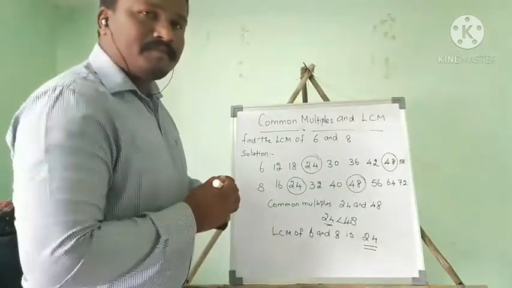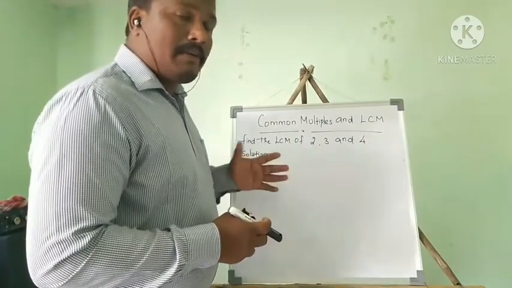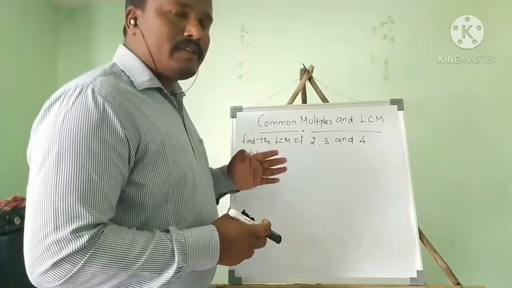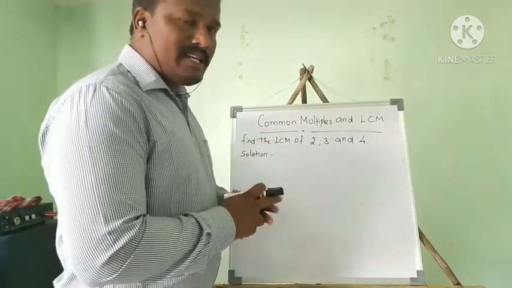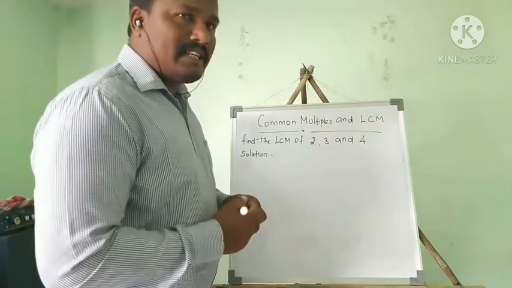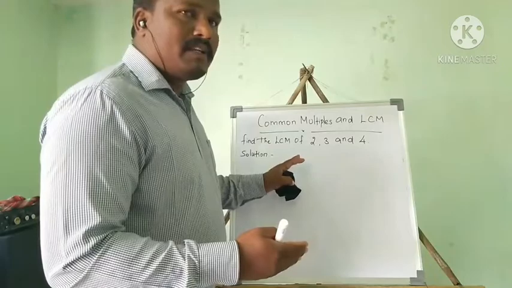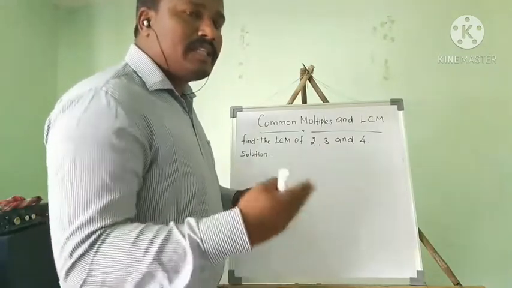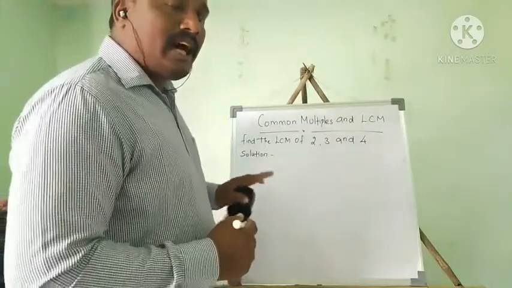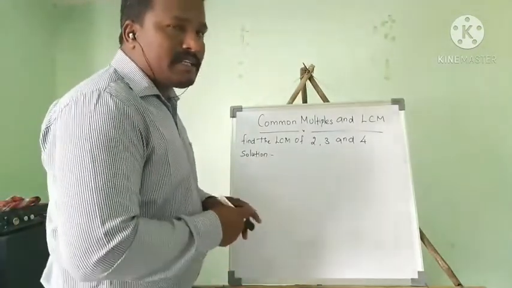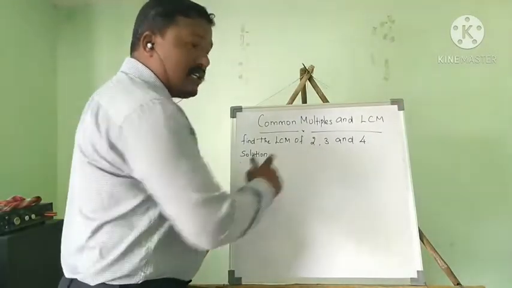Before we talk about how to find the LCM, common multiple and LCM, we saw two examples. Then another example for your understanding purpose. Let me take other examples, but different numbers. Before we talked about two numbers, but now we are going to see three numbers, 2, 3, and 4. In this case, how do we find the LCM and common multiples? I will tell you. First of all, I am going to find the multiples of 2.